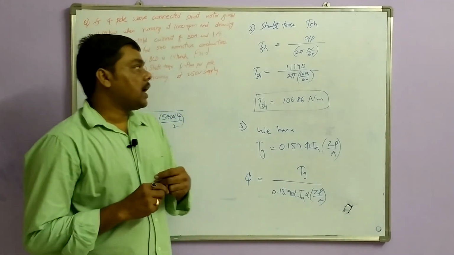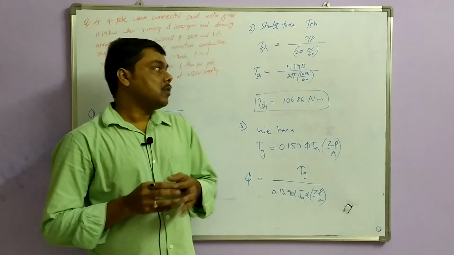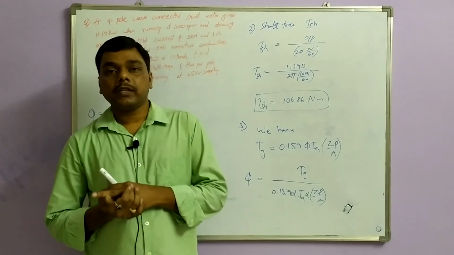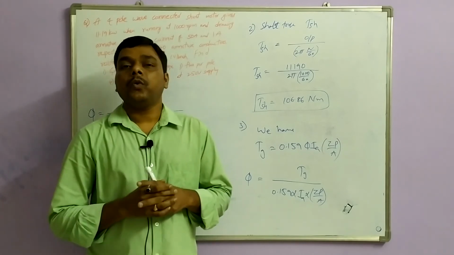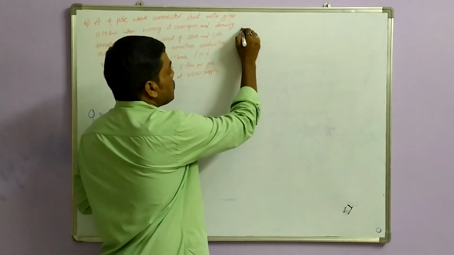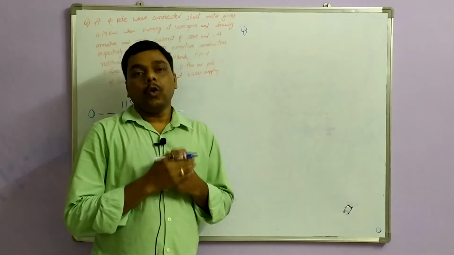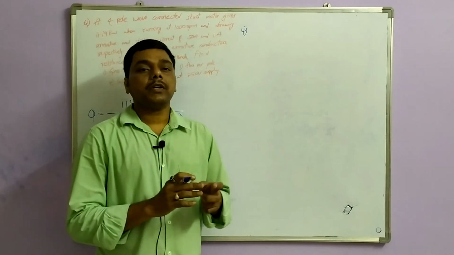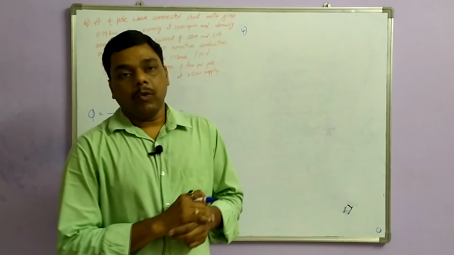So we can calculate the losses also for this case. Okay, now load current we are going to calculate. So armature current and field current is given. So by calculating load current, the losses are also going to be determined. We will calculate the losses, that is the fourth one. The losses are determined by, we already have the load current, load voltage, so input power and output power. So total losses, from that we will distribute into constant and variable losses.